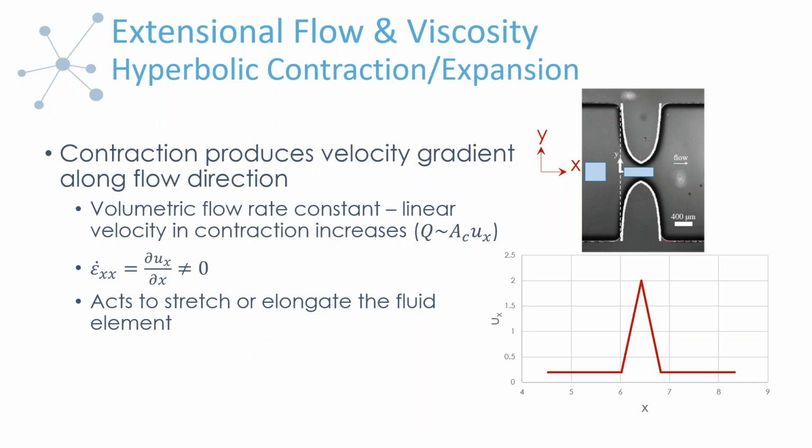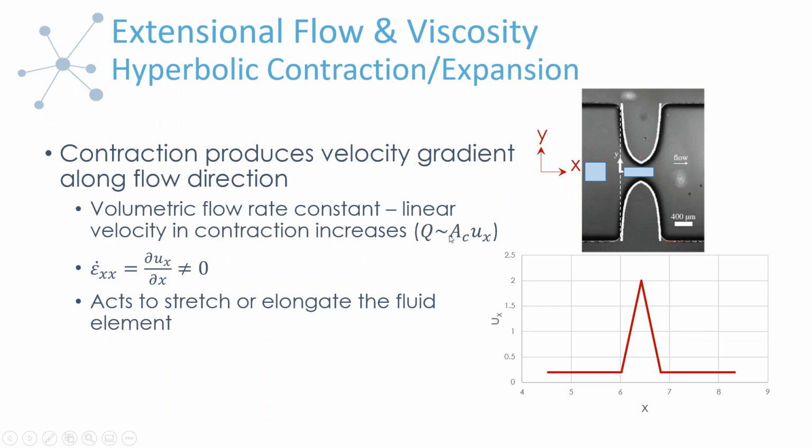So remember, this is different than when we talked about the steady shear, where the velocity gradient was perpendicular to the flow field. Now we've changed the geometry so that we have a velocity gradient parallel or in the same direction as the flow field. And an easy way to understand why you would have that is because if you realize that we have a consistent volumetric flow rate across our entire system, so volumetric flow rate is represented here by Q.